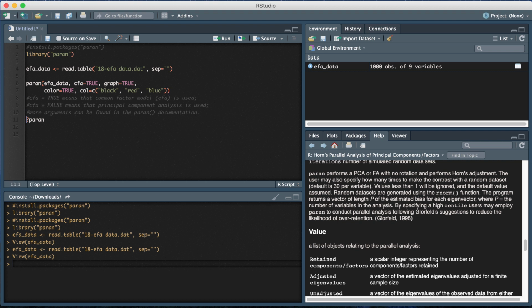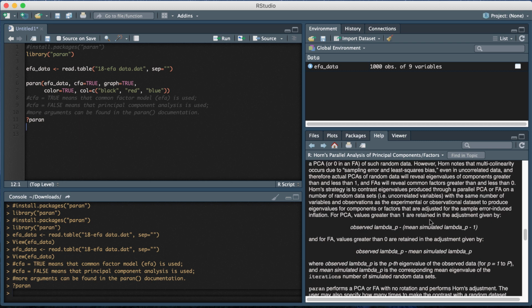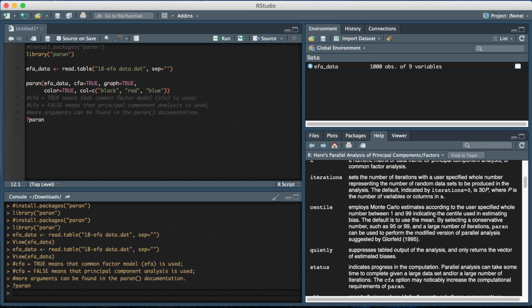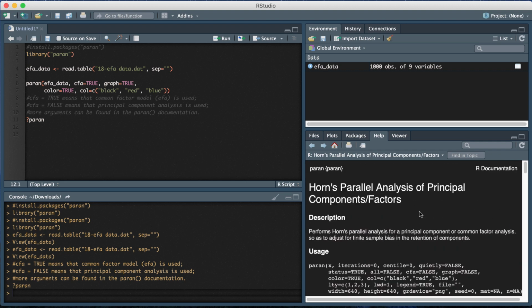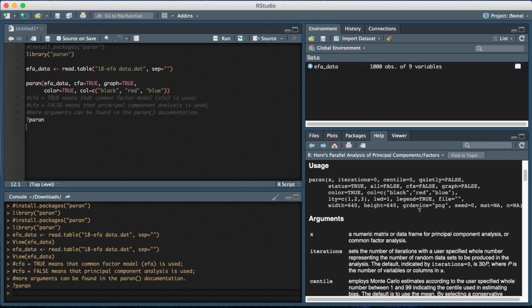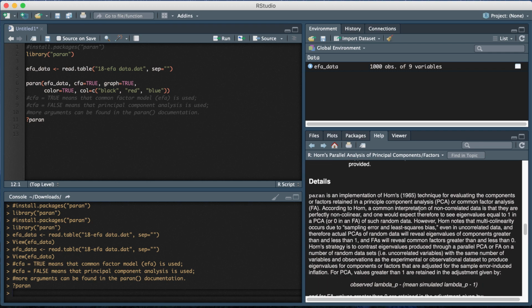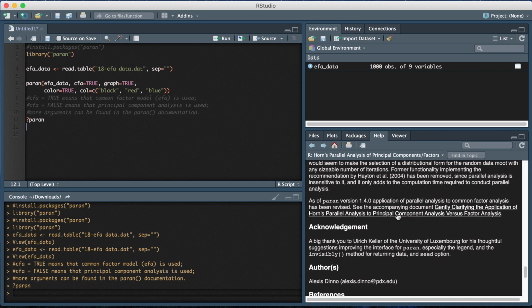And also, before I run that, if you want to know more information about parallel analysis, if you do ?paran, this will open up some information from the package about this particular function. And I think this is really good R documentation. I think it has a lot more information than most R functions. So if you're curious about any of the optional parameters for the function or a little bit more about parallel analysis, it has a lot of good information.